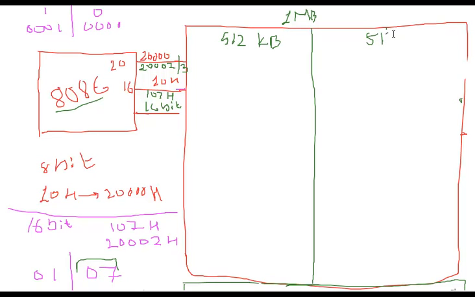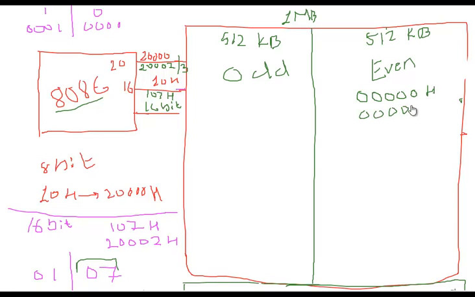And this one is also 512 KB. One is called the even bank and one is called the odd bank. This even bank contains all the even memory locations starting from 00000. The next location will be 00002. The next is 00004. Don't forget, we are dealing in hexadecimal, and the last location is FFFFE. This is the last location of the even bank, that is the even chip, and the second one is odd,